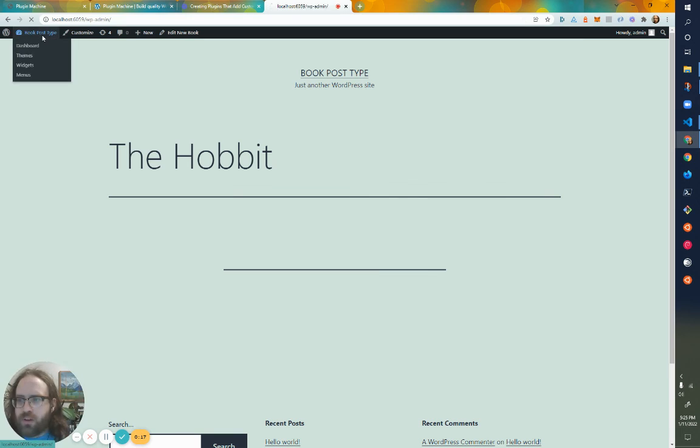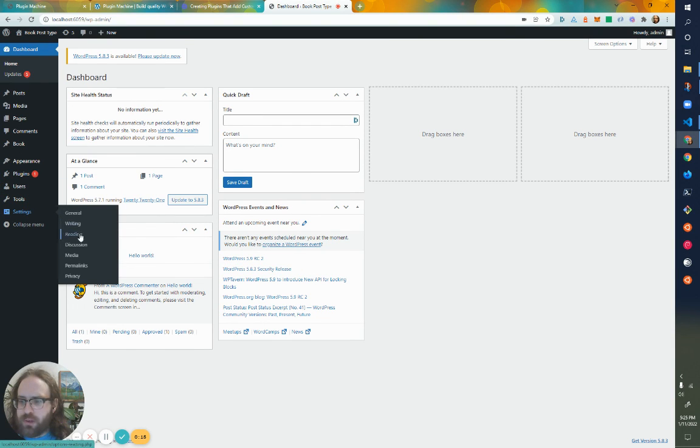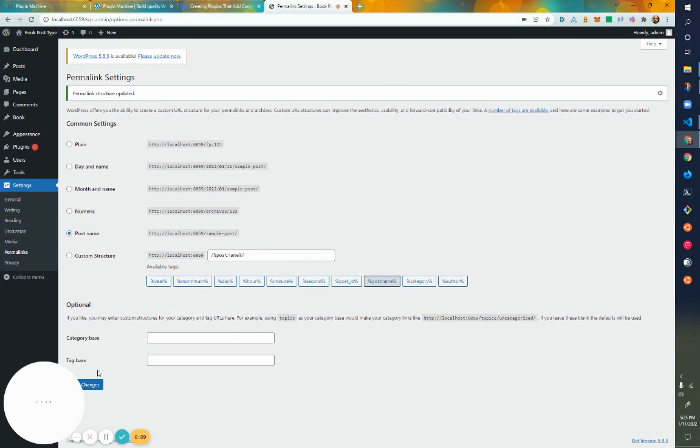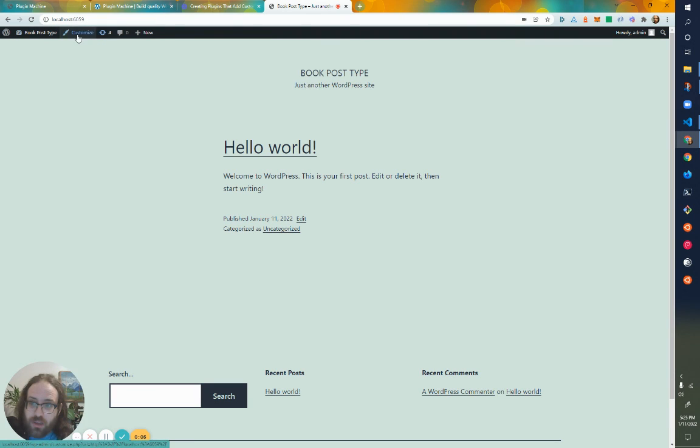I don't even have to put permalink set. For a plugin like this, I would probably, in that little script there, I would probably save changing the permalinks. But if we go back to books,